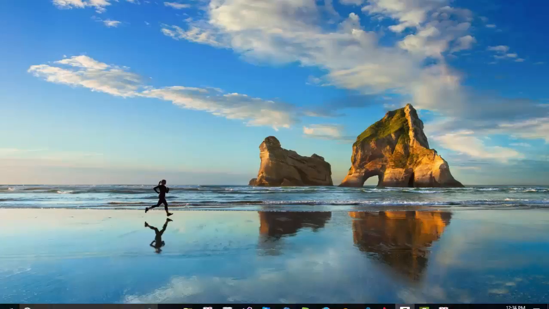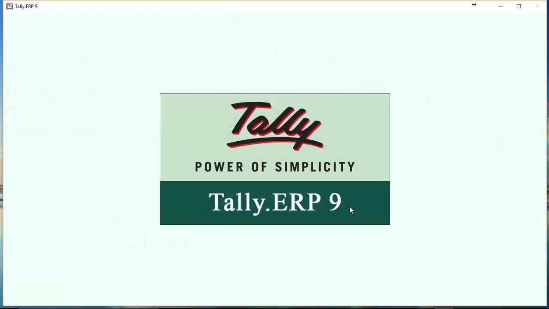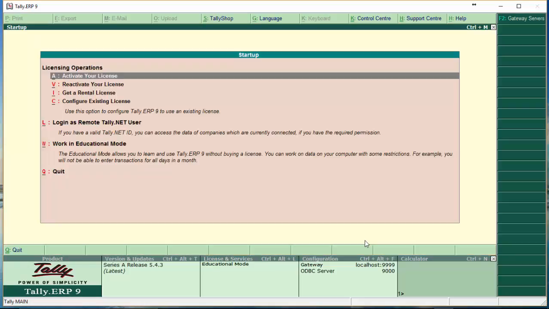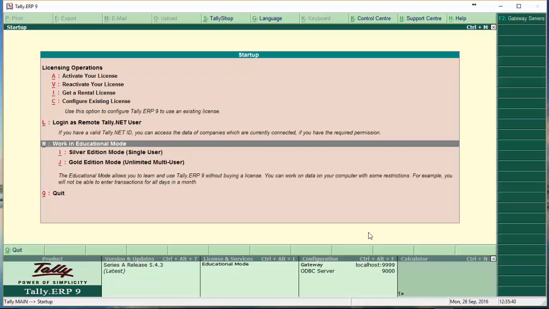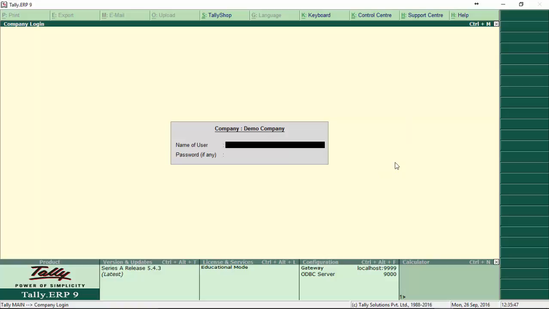And I'll go straight away and open my Tally software, which is here. Good. So if you've not already installed Tally, you can watch the video on installing Tally in order to do that. And also, if you've not created your company, you can also watch the video on creating company and how to log in to get to this point. So you log in with our account,